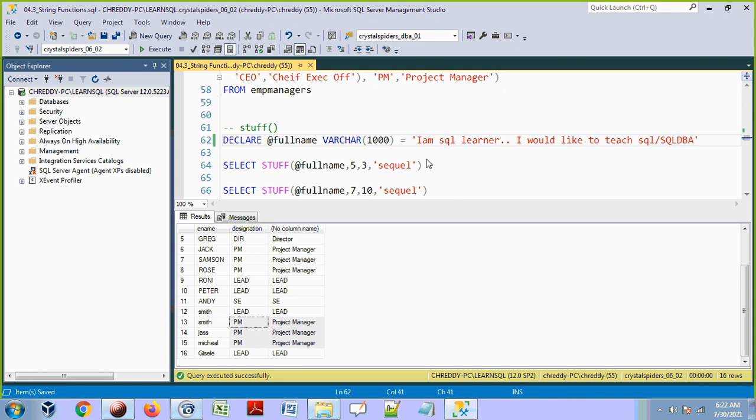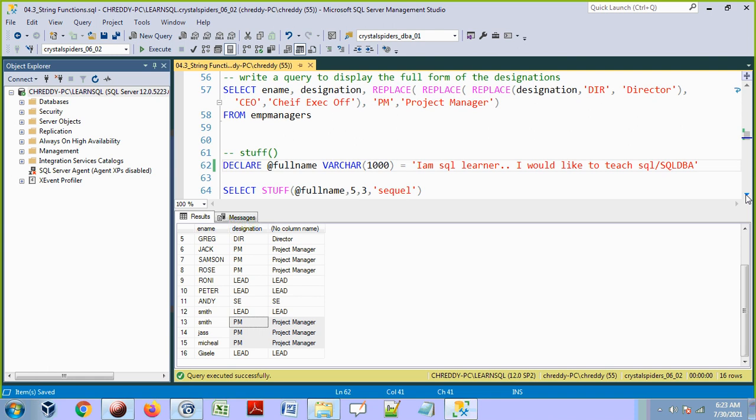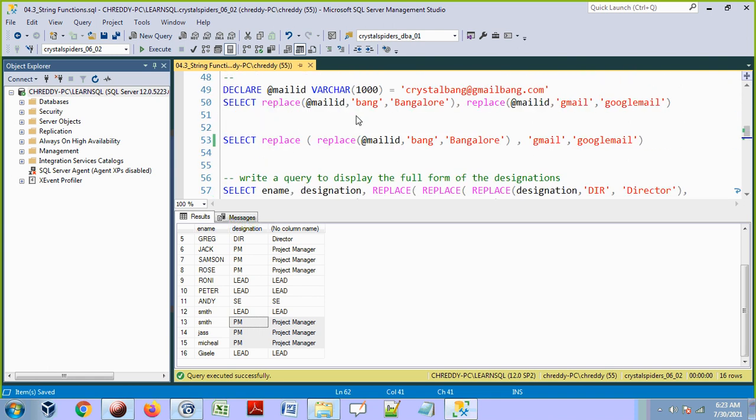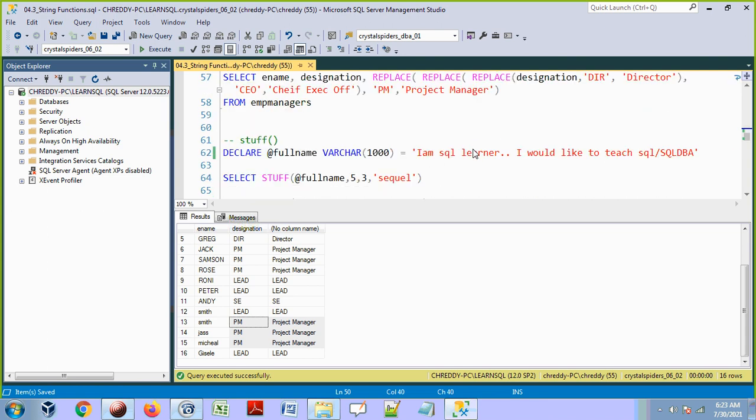Okay guys, so now you see what the STUFF function is doing. It is also just like a replace. But the thing is, in replace, we specify which word you want to replace with which other word, like replacing Bang with Bangalore here. Similarly here, but we are not going to specify the word, we are going to specify the positions.